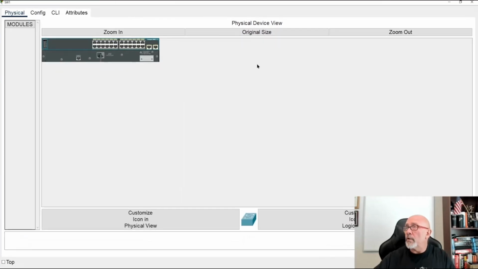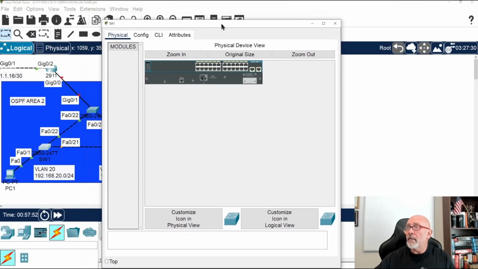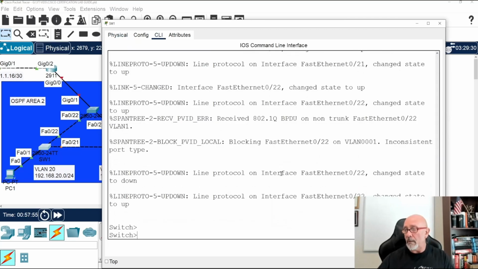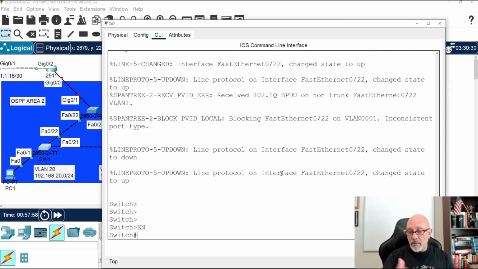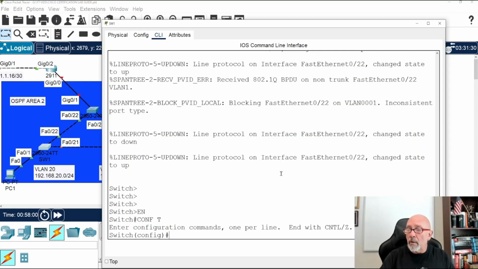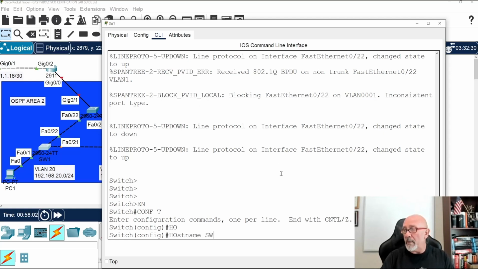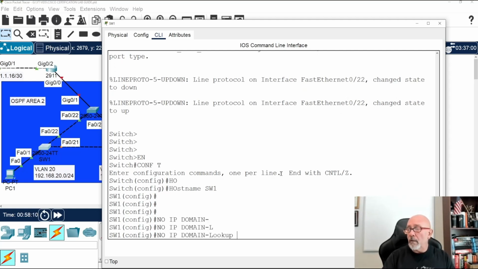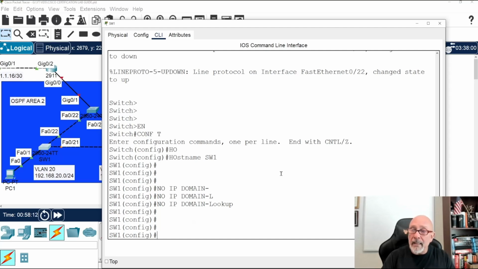The first thing I'm going to do, so you're not scared and you don't wipe out the entire VLANs you just created, is turn this into a VTP client. This is switch one, host name SW1, and let's do my pet peeve, no IP domain-lookup. Then VTP mode client.